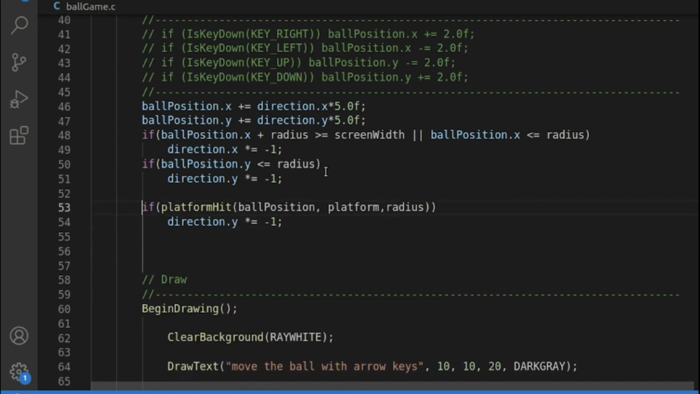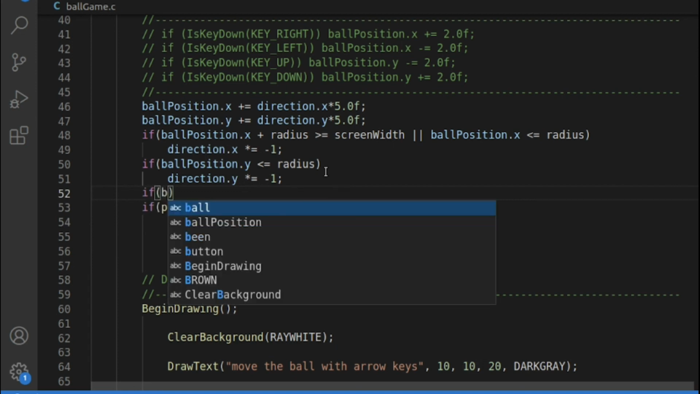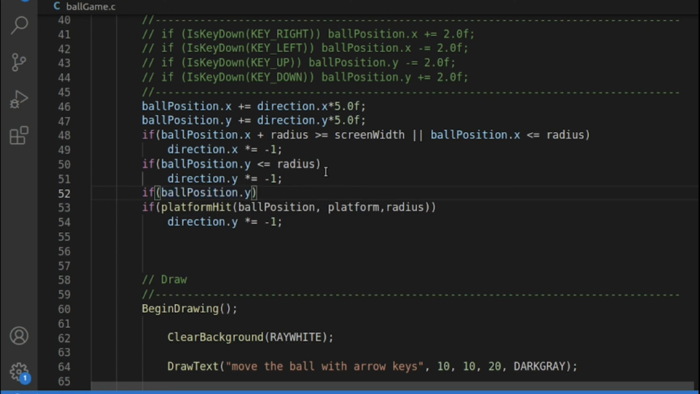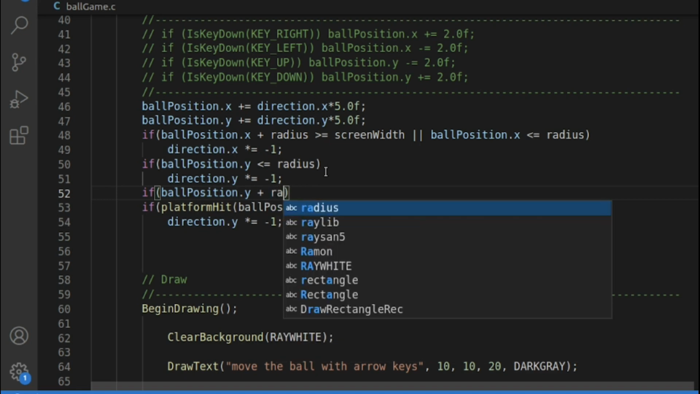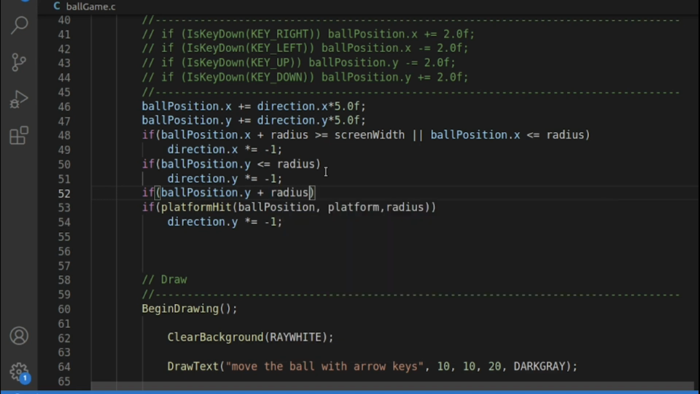Here, if the ball position dot y plus the radius, if the ball position dot y plus the